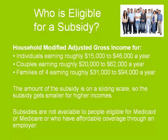Roughly speaking, individuals earning between $15,000 and $46,000 a year, couples earning between $20,000 and $62,000 a year, and families of 4 earning roughly $31,000 to $94,000 a year could be eligible for a subsidy. Now, the amount of the subsidy is on a sliding scale, so the subsidy gets smaller as your household income